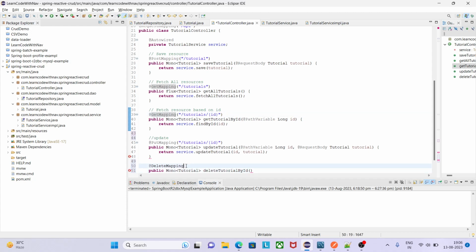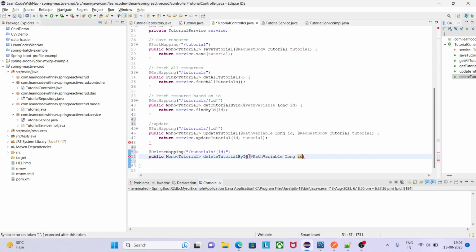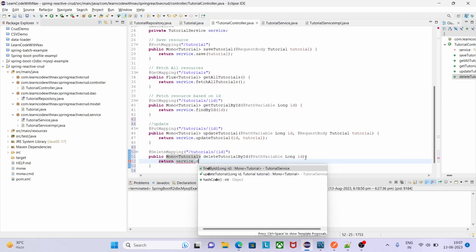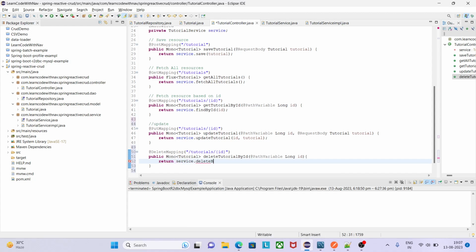Give me the DeleteMapping here, and from this id we are going to extract using path variable, and for this id we can manipulate and do our business logic here. Service dot deleteById, and this is the id. Okay,